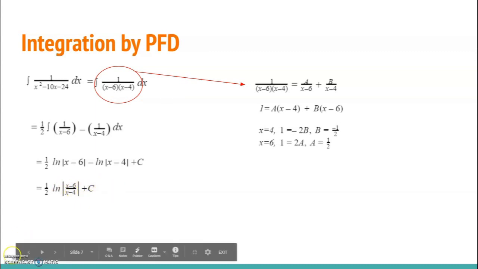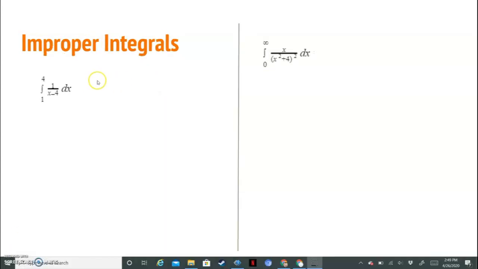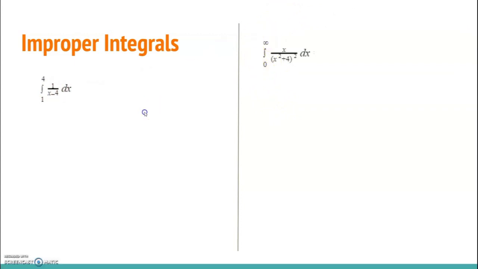4 plus c. There are two types of improper integrals. There's the first type where there's an issue with the boundaries or a number on the boundaries that makes the denominator equal 0. So here, the boundary of 4 is going to make it 1 over 0, which does not exist. And the second type is just where the integral goes to infinity. And so for both of them, you're going to want to reset it up as the limit as a variable approaches the problem number either from the positive or negative side, depending on the way that you're approaching the integral,